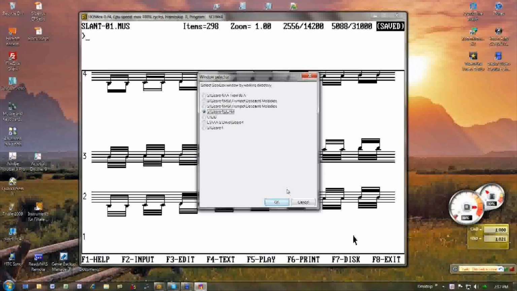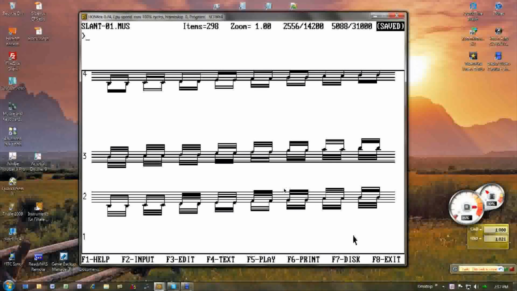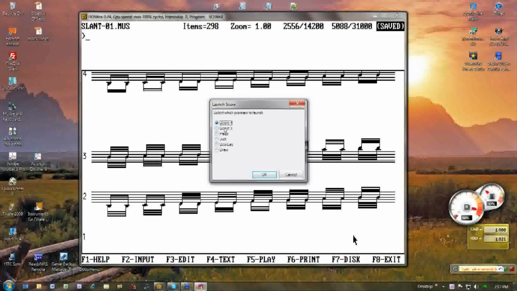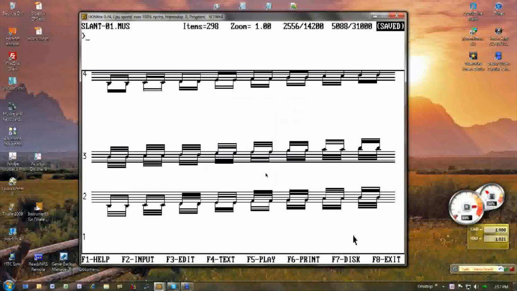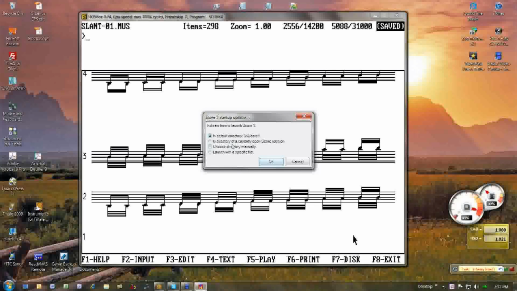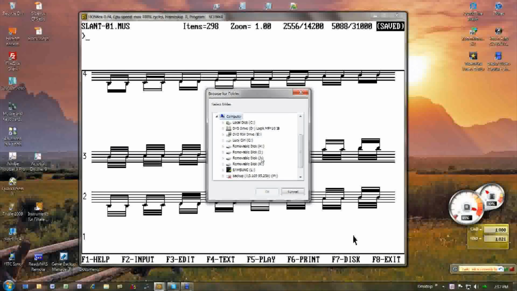So the Windows selector keeps track of where you are on the system, which makes it very easy for you to navigate. You can, by the way, mix and match different versions of Score. I'm going to open up another session. This is Score 3 now. I'm going to choose a directory manually. I'm going to go to, I don't know, Score 4, like this, and then maybe Trent